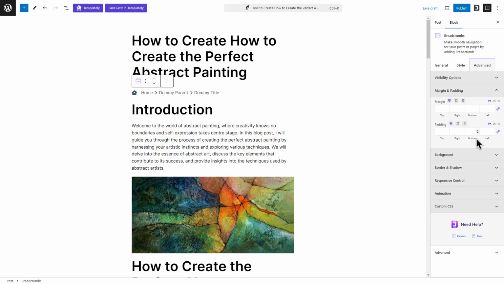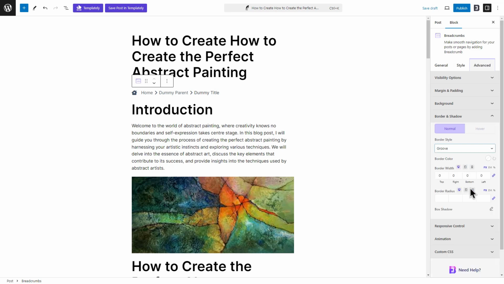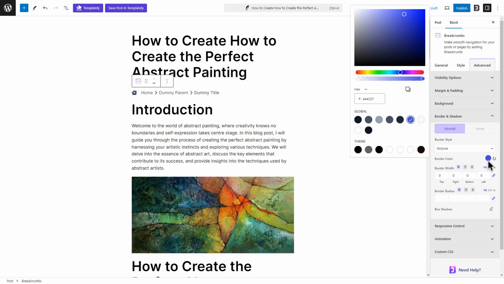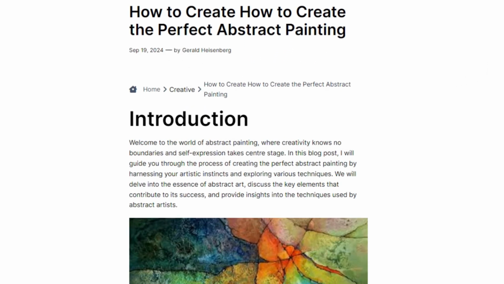In the Advanced tab, customize the background. You may also select a border style like groove under border and shadow. Set a border color in the same place. To save all your changes, click on the Publish button at the top. Congratulations! This is how easily you can add and customize breadcrumbs using Essential Blocks. Let's have a preview. As you can see, the breadcrumbs block has been added to the post according to our